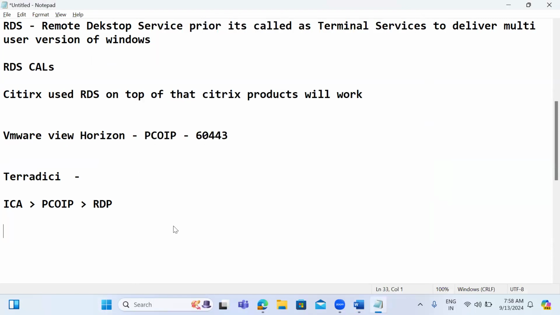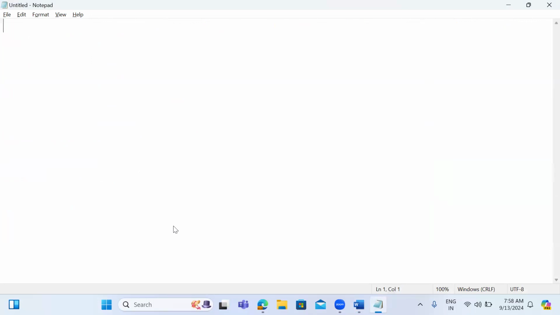Try to understand: end users will have Citrix Receiver. Then users can connect over the internet,